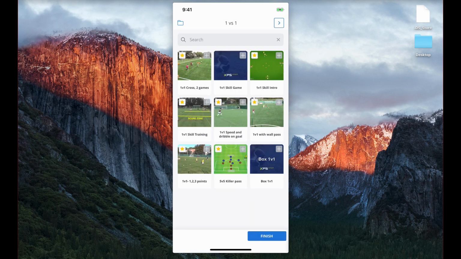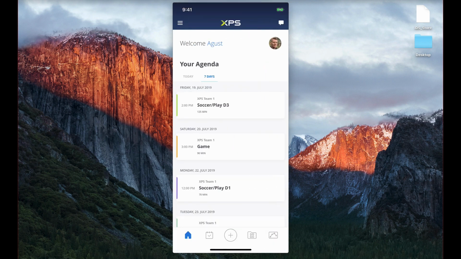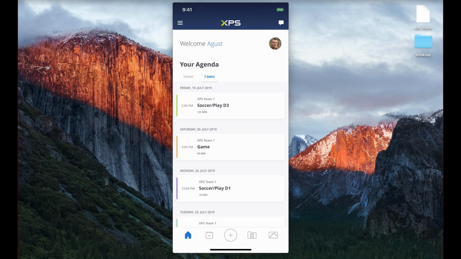Let's just press finish here on the bottom bar. Now we're done. Close it by Xing out right here. On the agenda, you can also swipe to the right here if you just want to move something quickly or delete. With this plus button, now I was editing an existing practice, but you could also press the plus button